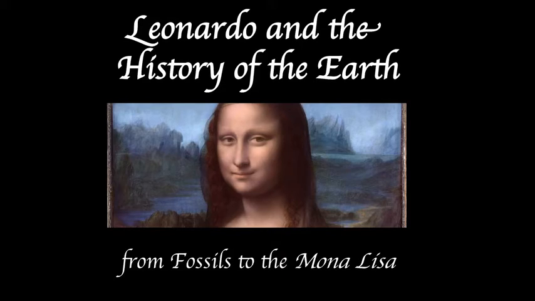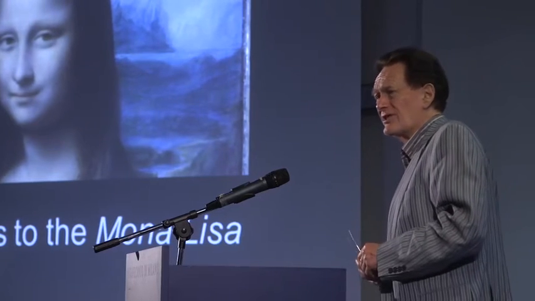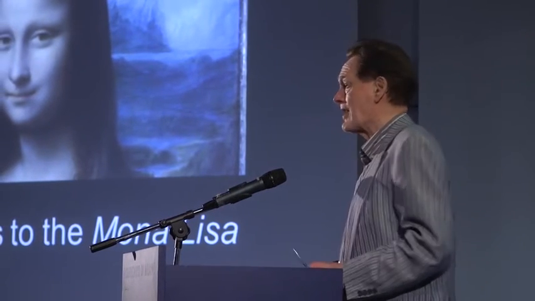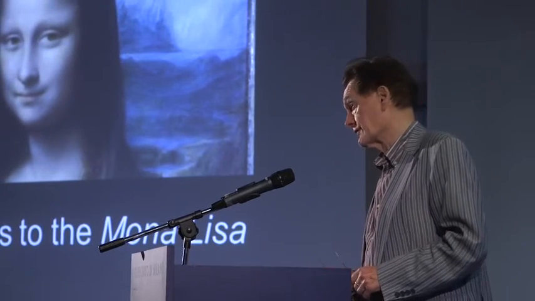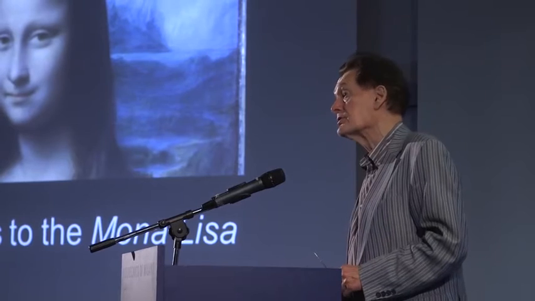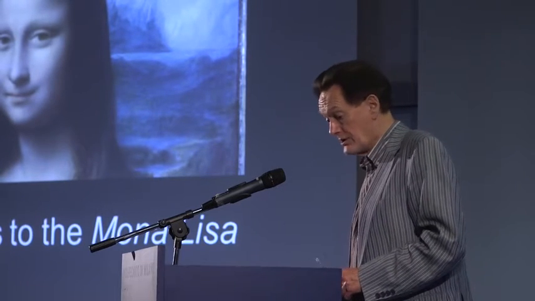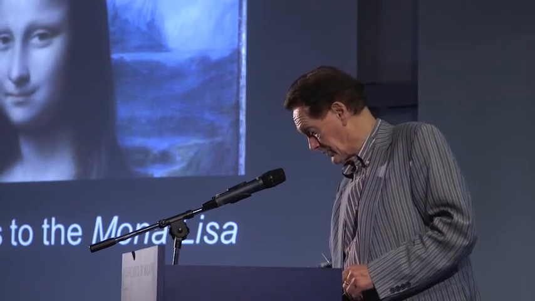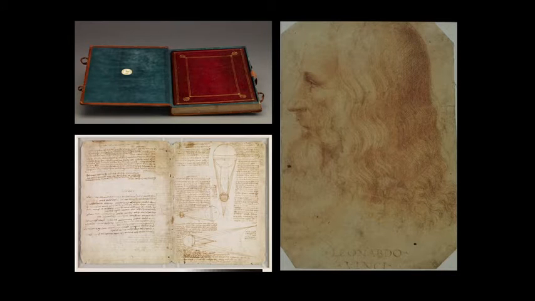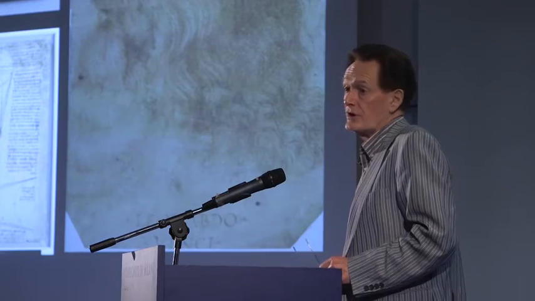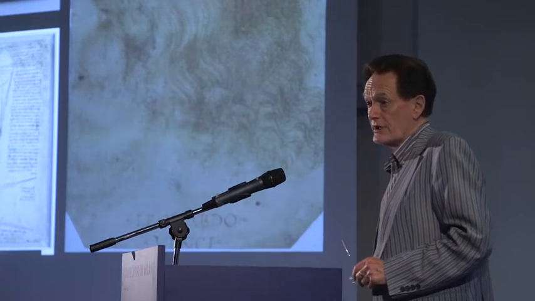What I'm going to be doing is looking at a particular, not exactly a corner, but a particular aspect of how we can make these links between areas of Leonardo's highly specialised activity and his activity as a painter, above all with the Mona Lisa, and in this case via fossils, and we will see how we get there. Doing it via the Codex Leicester,